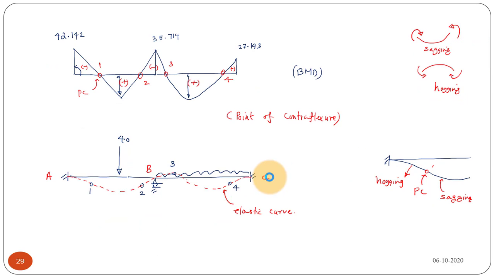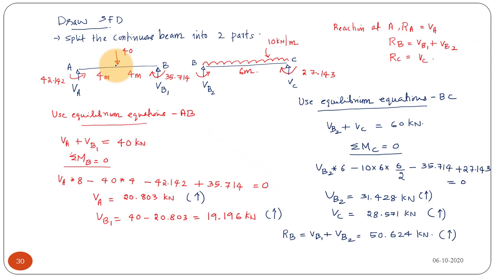Divide into two beams AB and BC, and apply the loading on the beam, the point load and UDL, and apply the final end moment values developed at the fixed end A and at the continuous end B. Also here the fixed end moment we got is minus 35, so anti-clockwise direction, and the final end moment we got at the point C is 27.143.